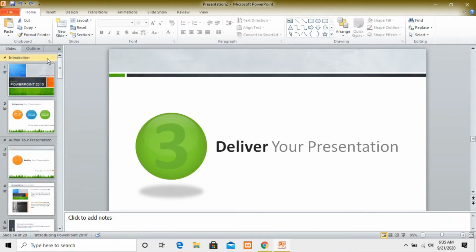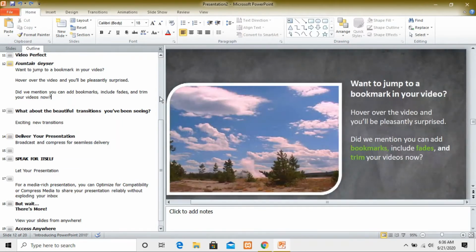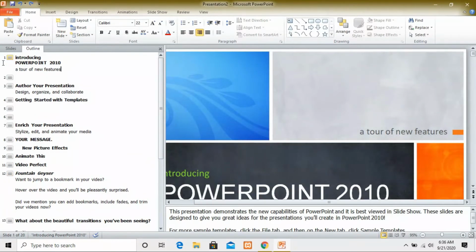Now there is one more tab, that is the outline tab. What is the use of the outline tab? Basically, it helps if you have written so many things in one slide, because the outline tab will show each and everything here. Like in the first slide you have written this content, and here it is written first.